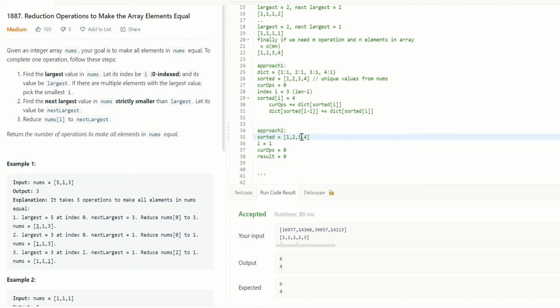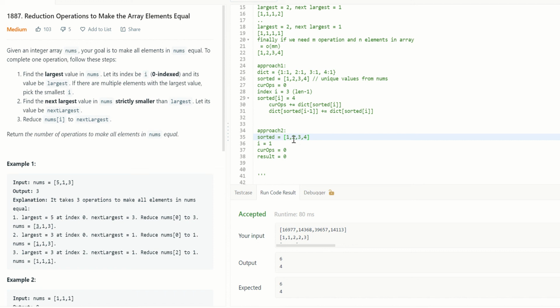How many elements are lesser than 3? There are 2 elements. How many elements are lesser than 4? 3 elements, right? So we know all these things, but we need to keep track of that count and add to it, and we need that many operations to be done.